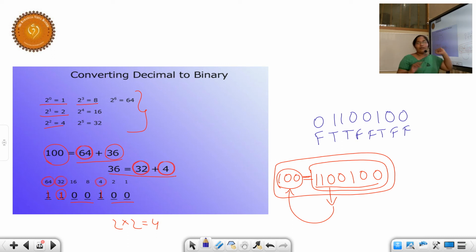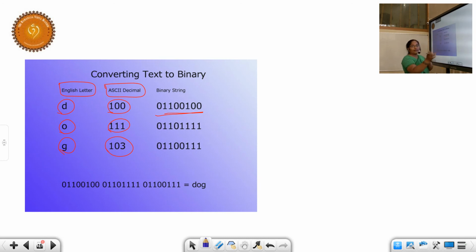So in the same way, in binary digits also, if a 0 is introduced at the first, from left to right, then there is no use of that 0. It is named as false. So while containing a string of 8 digits, keeping the 0 at the first makes no difference in the decimal value. In the same way, O is converted into ASCII table value 111 and the binary string is also converted. So we are having two processes running here.